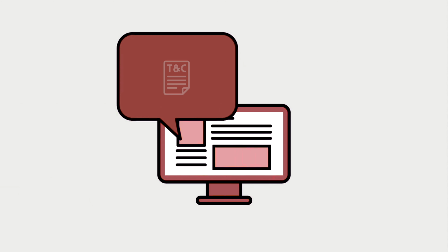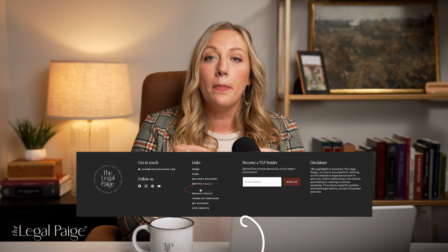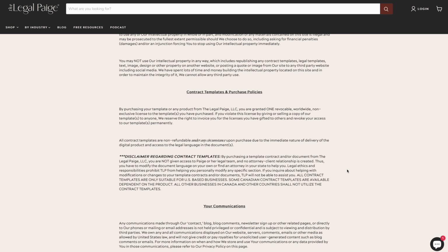T&Cs protect the website owner's legal rights and define what is acceptable as user behavior. A website terms and conditions may also incorporate additional contracts into the document, such as linking to a privacy policy or digital product purchase and use agreement. Also, a little friendly legal tip here, websites often link to terms and conditions in the bottom footer. It's best to place these there and then make them conspicuous to find,